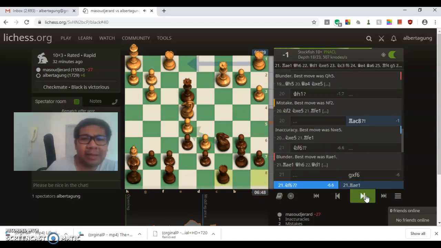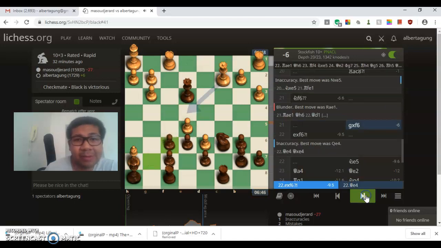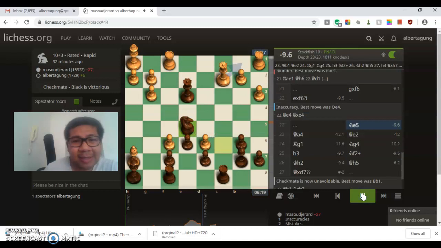Rook at a goes to c8, and then knight f6, of course, is a blunder. I'm not sure why it's moved. I just g takes f6. I suppose it tries to sort of open up the position or something like that, but not accurately. E takes f6. Knight e5